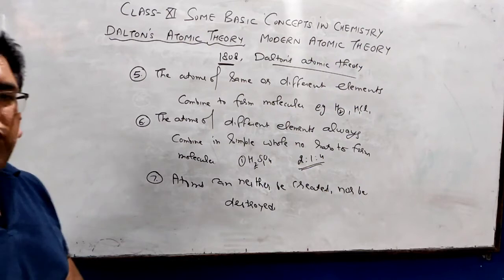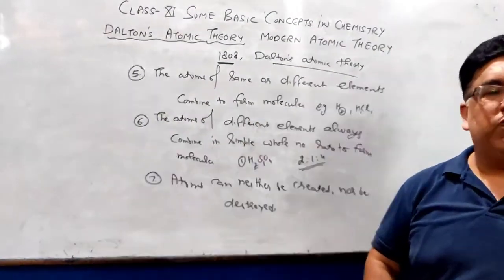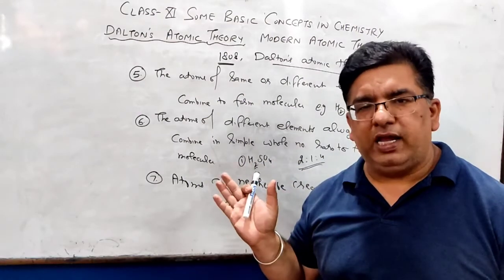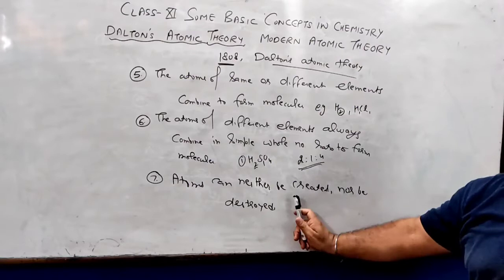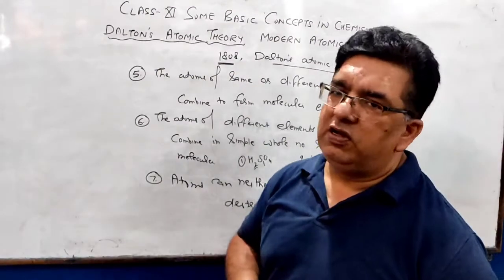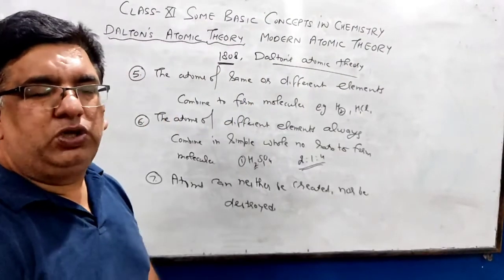We know in the first point Dalton said that atoms are the smallest indivisible particle of any matter. It means atom क्या है, सबसे छोटे हैं और indivisible है, उन्हें ब्रेक नहीं किया जा सकता. That's why he said that atoms can neither be created nor be destroyed. ना तो एटम को बनाया जा सकता है, ना इसे डिस्ट्रॉय किया जा सकता है. So these are the points of Dalton's atomic theory.